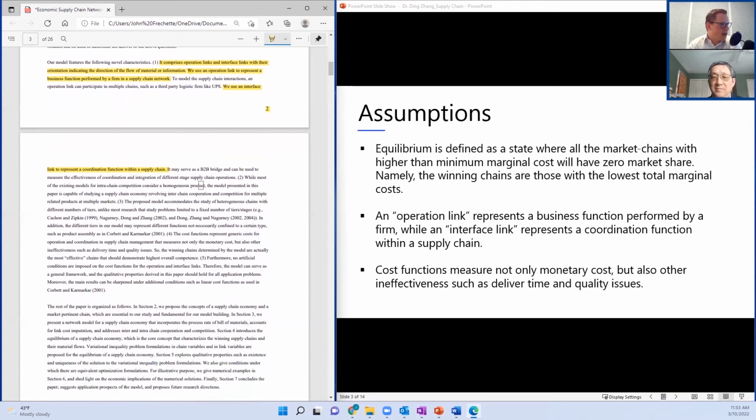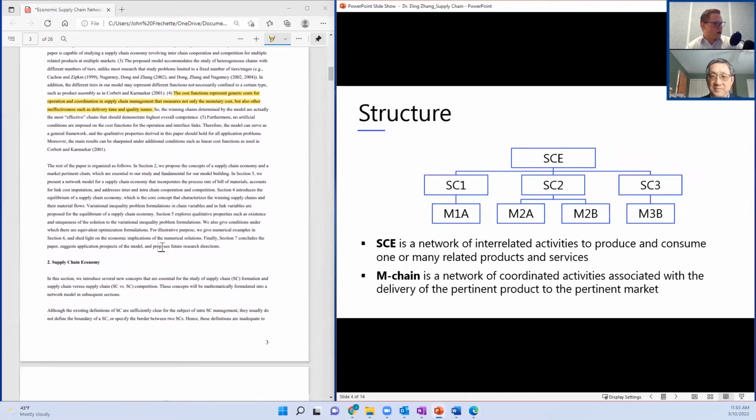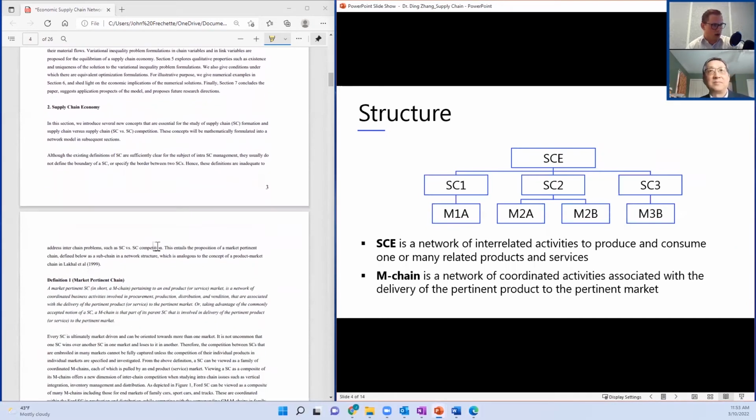And then maybe the last assumption I'll call out here is that the cost functions, which we'll also talk about in depth, incorporate not only price and monetary costs, but also effectiveness issues like delivery time and quality issues and stuff like that. And the last slide I'll cover before I take a quick pause is the actual structure